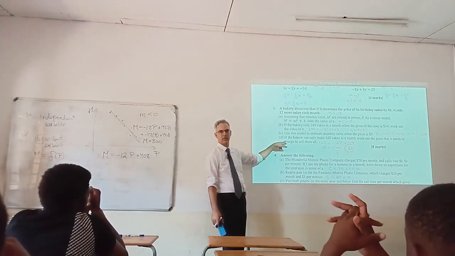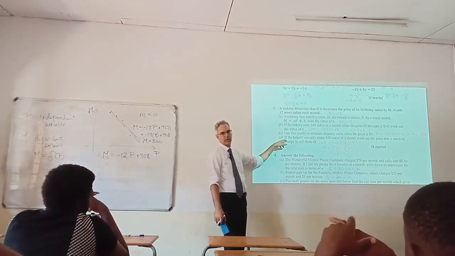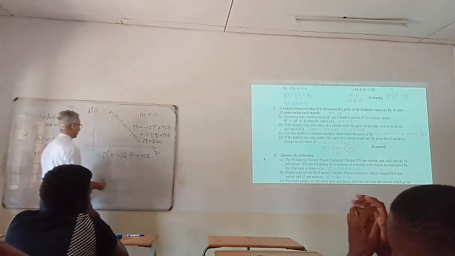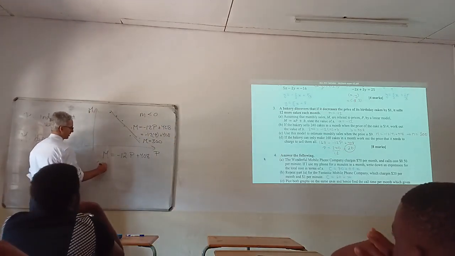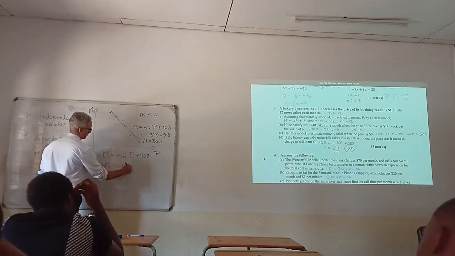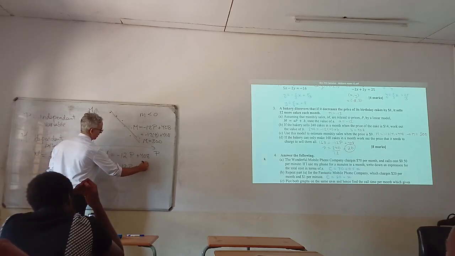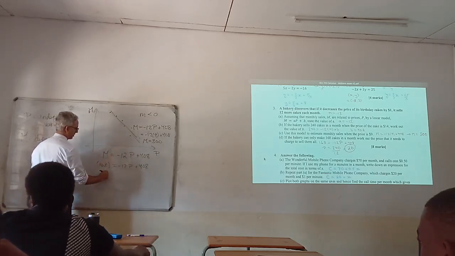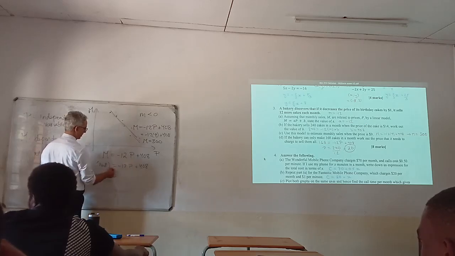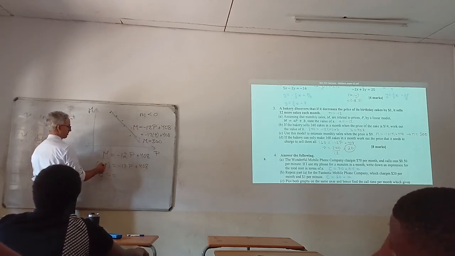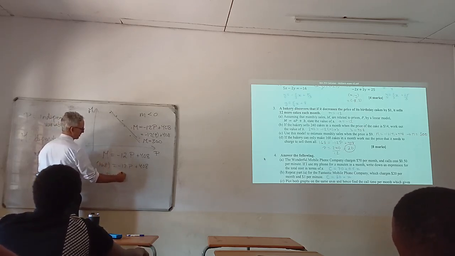I'm given the sales M and I'm asked to find the price P. And you know how to do that. So now M is 168 equals minus 12P plus 408. And now you can rearrange. 12P is 408 minus 168, which is 400 minus 160, which is 300 minus 60, which is